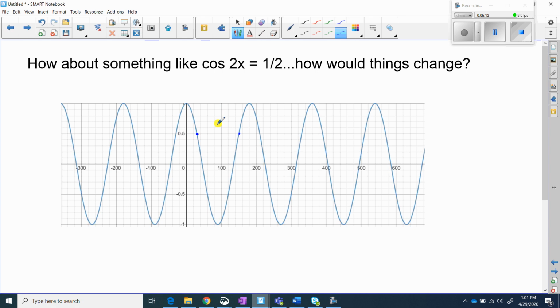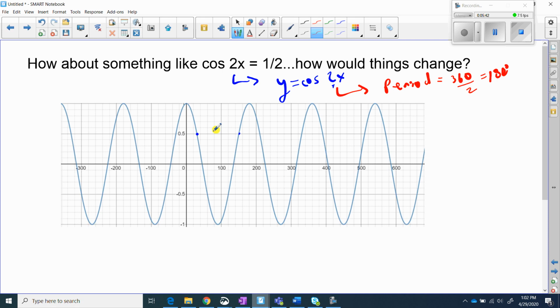Now that's two possible answers. Now here's where it's different, because in this graph, it's 2x. Think of when you graphed sinusoidal relations. When you put a 2 here, we're supposed to know that that's going to make the period of this graph now only be 360 divided by 2. What will happen now is the pattern is going to repeat itself, not every 360, it's going to repeat itself every